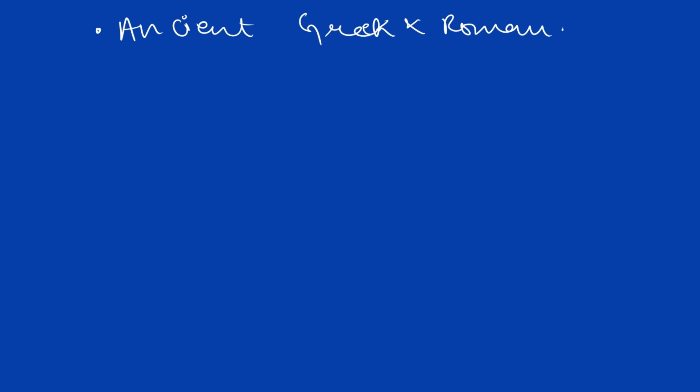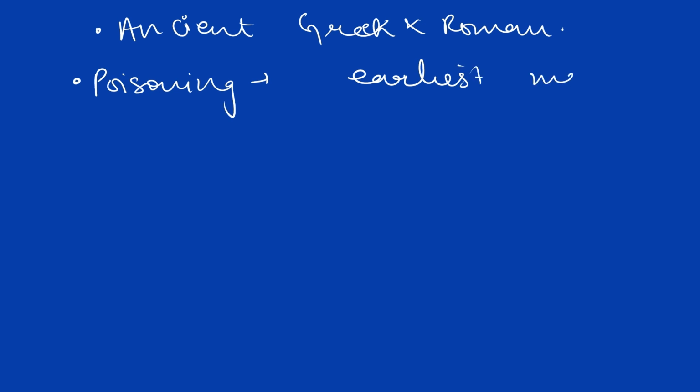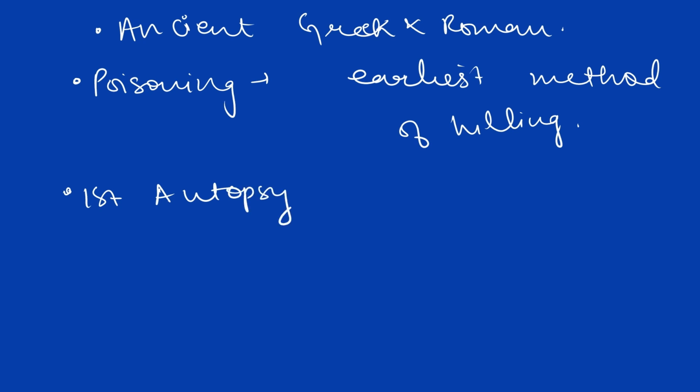So in the earliest times, the method of killing the human being was poisoning. So poisoning was the earliest method of killing a human being, and the widespread knowledge was gathered regarding the production and the use of these poisons. So the symptoms that were caused by various poisons were identified, making it possible to detect their use in the previously undetected murders.